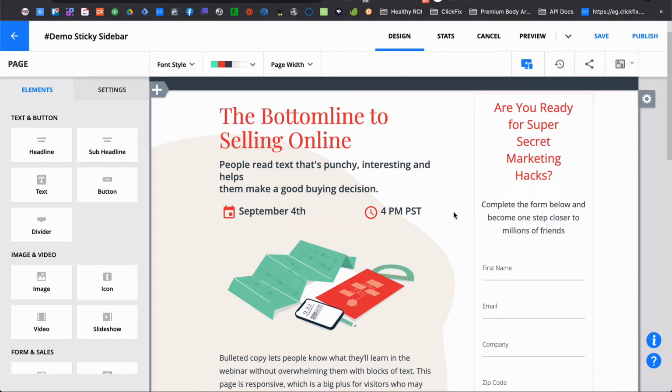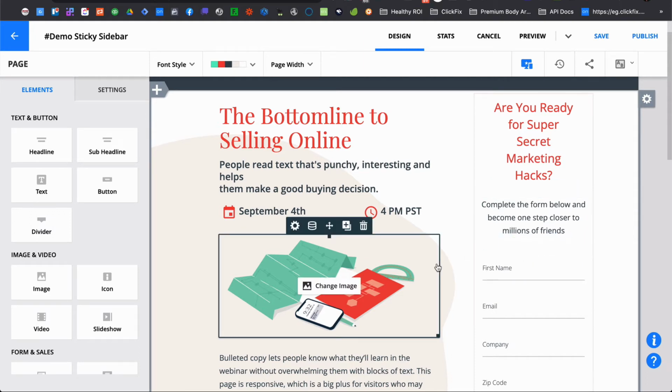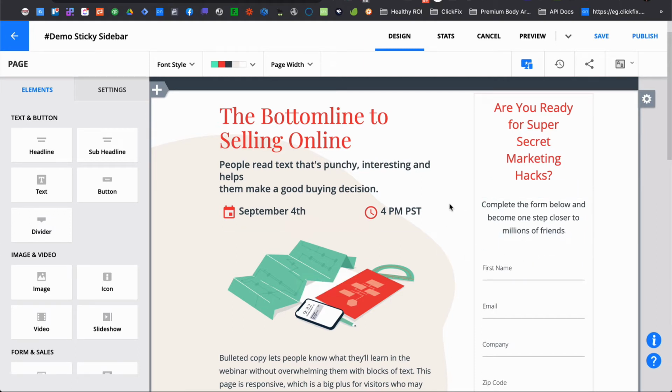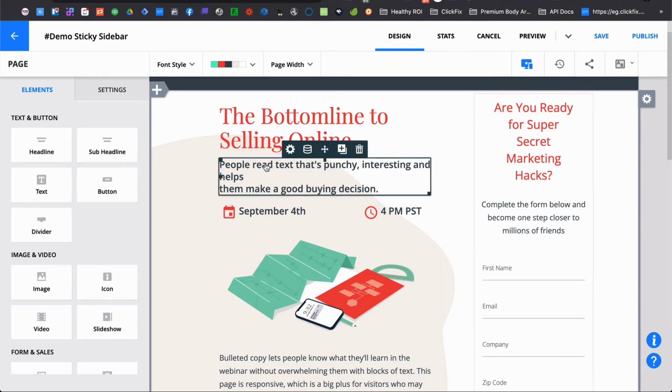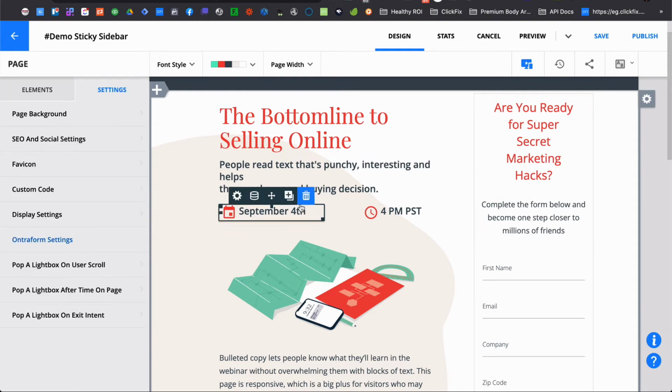Now, this is used on a landing page, but you could quite easily set yourself up with kind of a blog post type template that would have all the content on the left and the sidebar on the right. That'd be persistent. You could put banners in here. We have a form here, but this could be banners. This could be anything that you want. You could make this column be on the left-hand side, which is how we've done it for some custom projects where we're making a left column menu. All right, so there are plenty of applications for this,